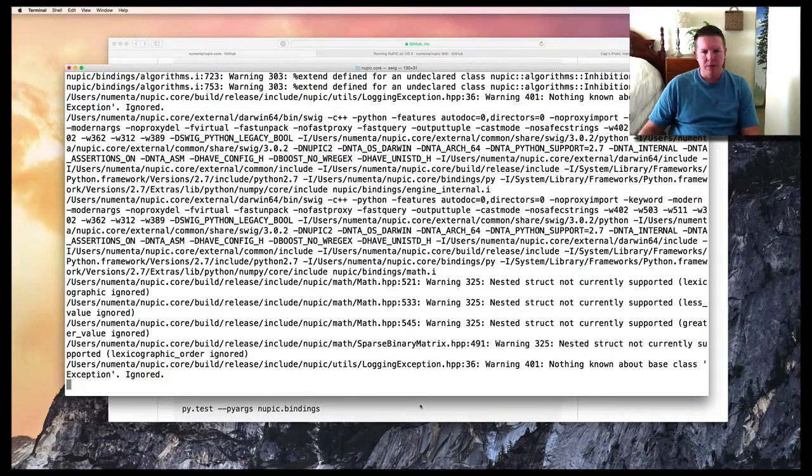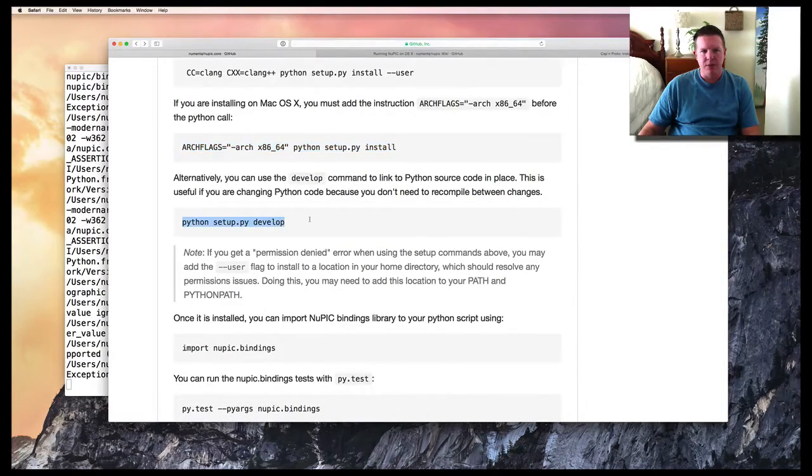Okay, looking good so far. In addition, you can use this develop